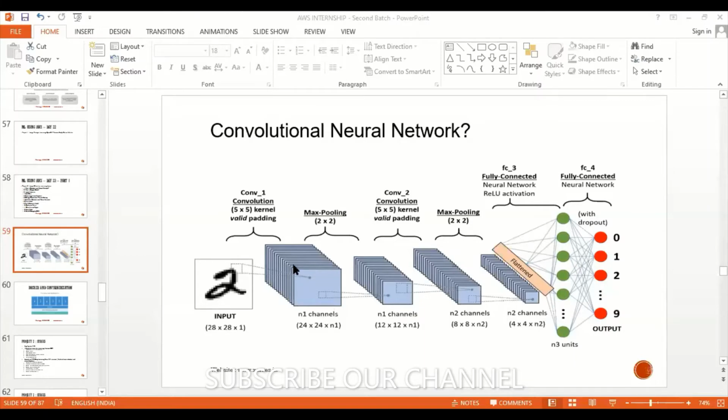But the problem there is that you have to train the convolution neural network 50 times. Understood? Suppose you have set around 100 epochs. That means your training will take 50 into 100. That much amount of time is required. Maybe it goes 1 day, 2 days, sometimes 3 days also.